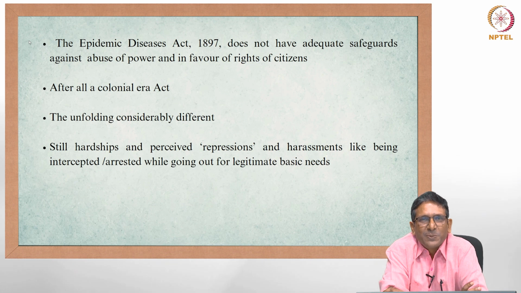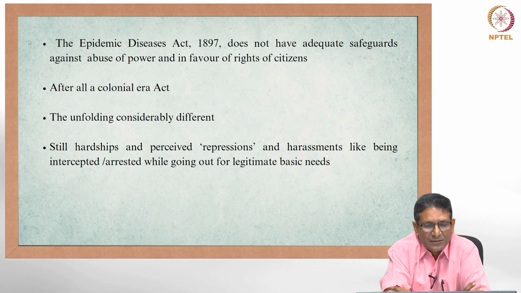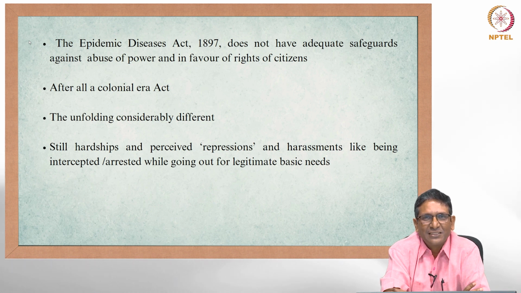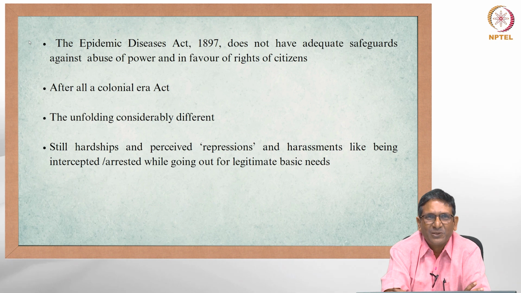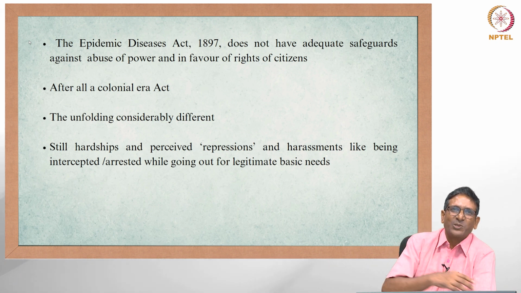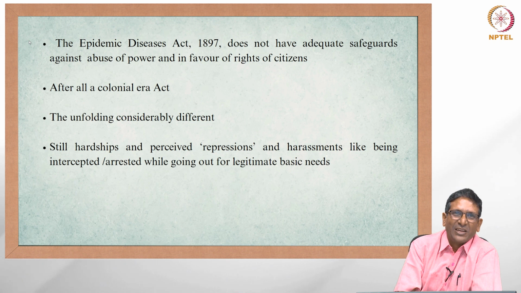One of the important aspects of the said act of 1897 is that it doesn't have adequate safeguards against abuse of power. So it says the state can do this, the state can do that, and citizens should not do this or can be prohibited from that. It looks more state-centric and not in favor of citizens, there are no concepts of rights of citizens. And it's anyway a colonial era act